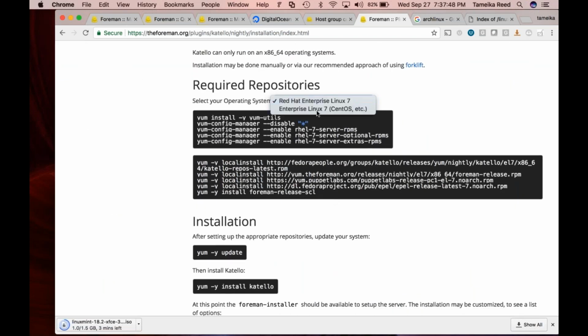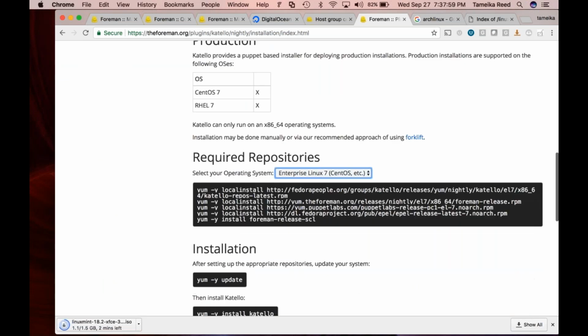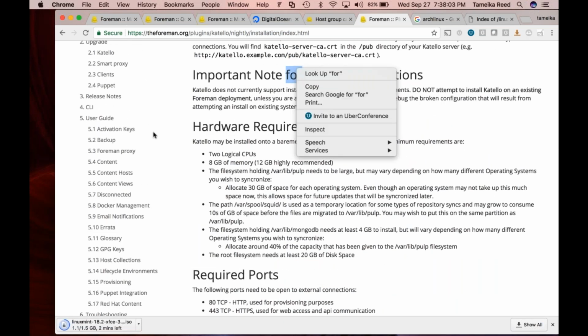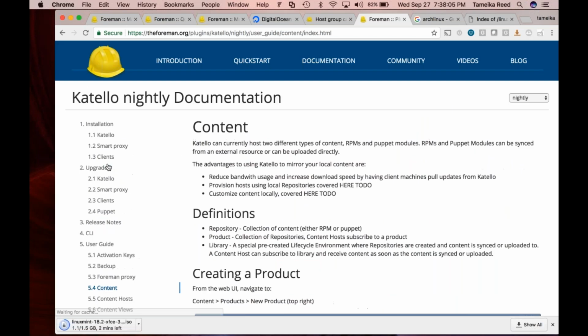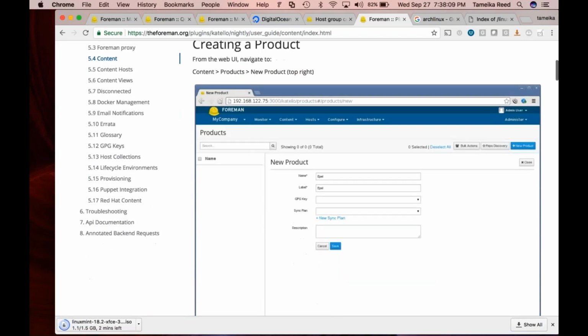Let's go CentOS here. The yum install Katello, and when I did my install, I should have done foreman-installer --scenario katello, because that's going to give you everything else. All right, so with that, I want to show you this. Well, I'll go back and do this, and I'll make some instructions up on how to do it. So with Content,